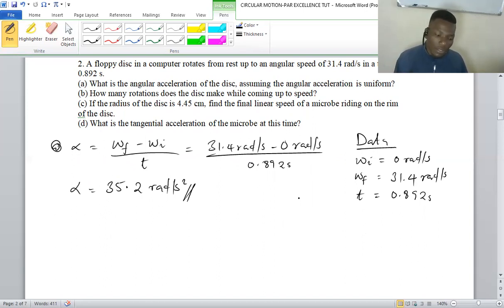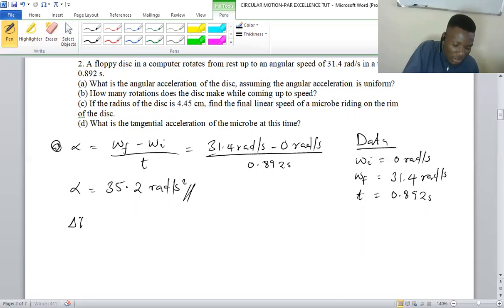Looking at the data that we have, we have a set of equations, I think 2 or so, that we can use to find the angular displacement here. So we can use even this one,